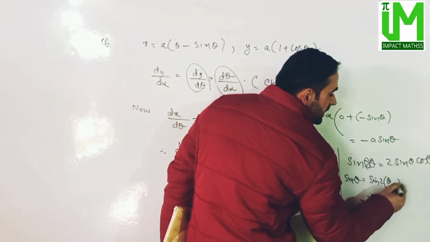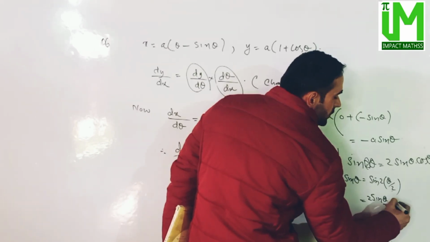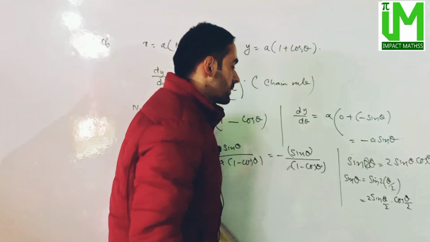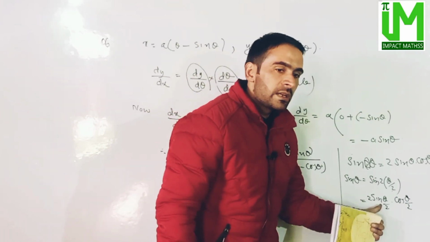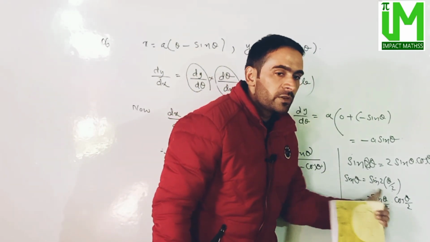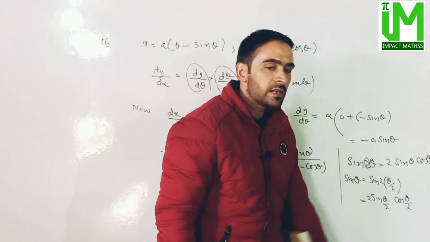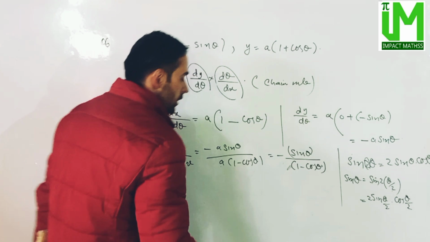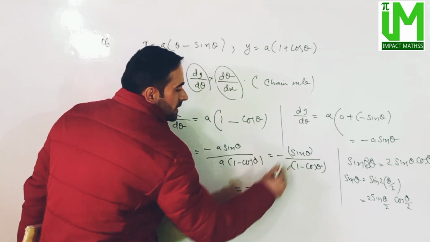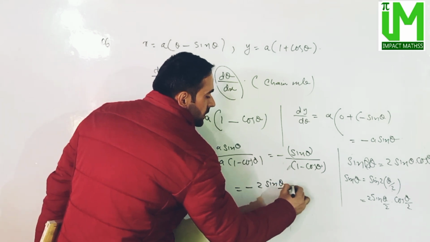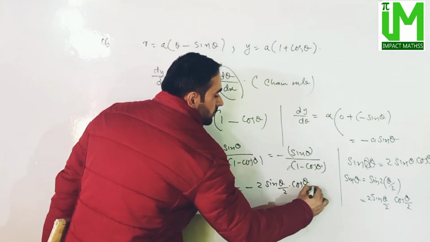Now what is theta here? Theta by 2 and cos of theta by 2. So sin theta is equal to twice sin theta by 2 cos of theta by 2. Yes, already as identity in the list, sin theta is twice sin theta by 2 cos theta by 2. So ऊपर फिर लिखिए minus sin theta का वैल्यू twice sin theta by 2 into cos of theta by 2